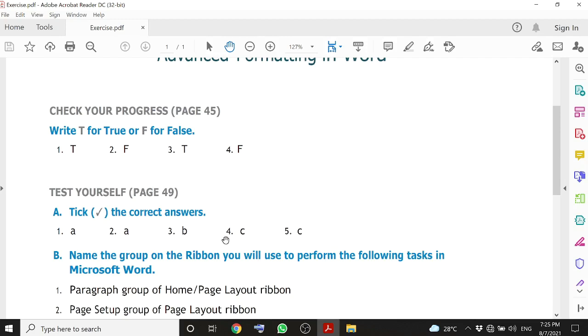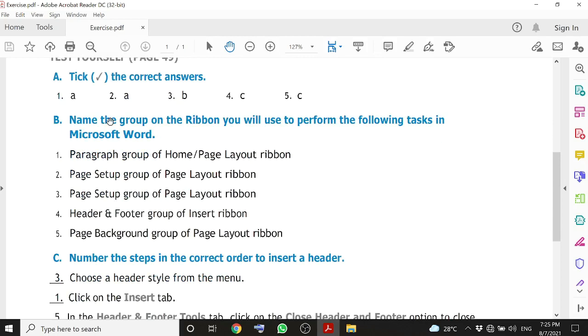Fourth question, which of these is not a type of page orientation? Options are portrait, landscape, hanging, none of this. So portrait and landscape are page orientations. None of this will not be the answer. So the answer is hanging, C. Then the last question of this category, which of these options moves the cursor to the next line without breaking the paragraph? Four options are page break, column break, line break and none of this. Answer is C, line break, because we have to go to the next line.